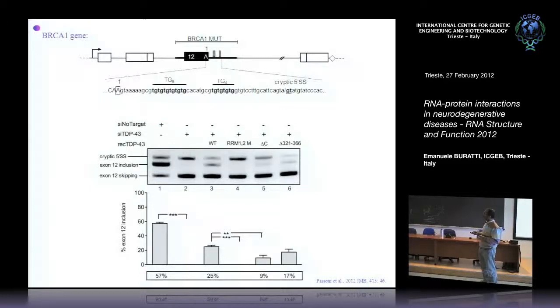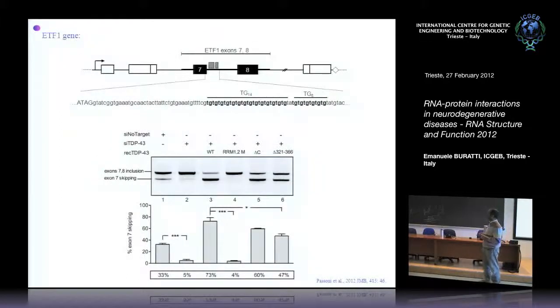If you remove TDP43, then the proper recognition of the exon is completely absent, and of course you can restore it if you put back the wild type, and you cannot restore it if you put back a mutant that cannot bind RNA. So at least in this case, a UG repeat near the 5' splice site can, in theory, have an effect, and we found a few other of these examples